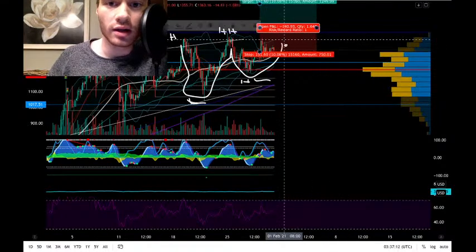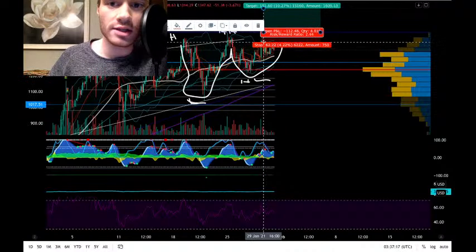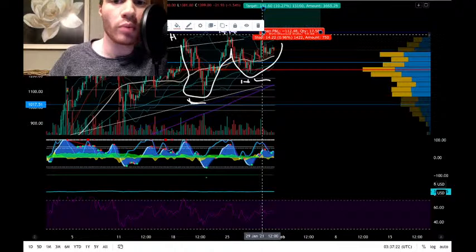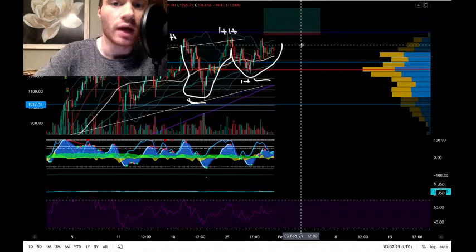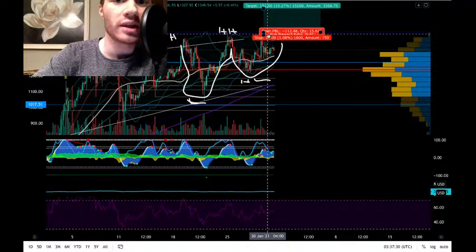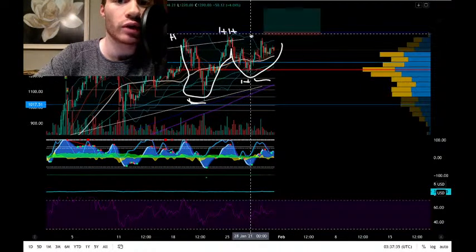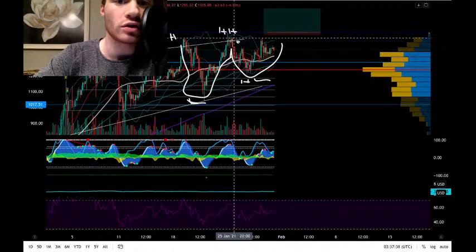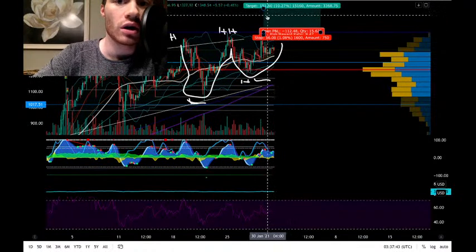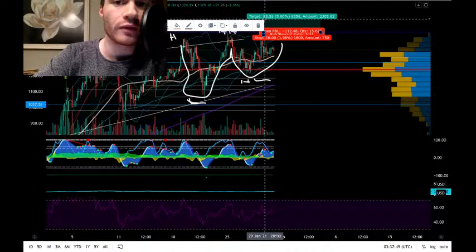Essentially, setting up a trade like right here, opening a long position. I would have like a 1% stop loss, a 1% stop loss on maybe 5 or 10x leverage. Open the position right here if it's followed by volume. I'm looking for volume. If we do break above this level right here, as soon as we break above this, I'm looking for volume. I would potentially open a long position, and then I would definitely do a 3-to-1, and then I would be